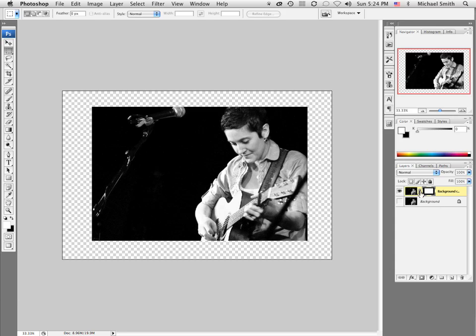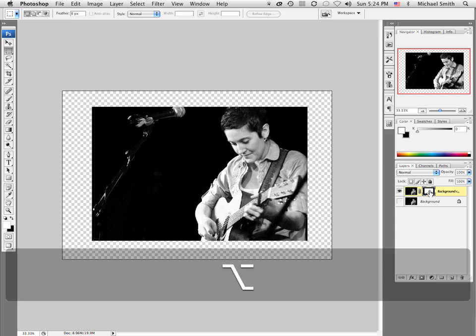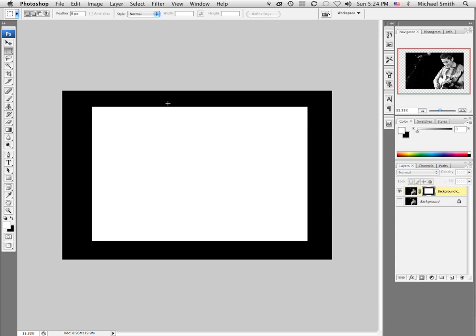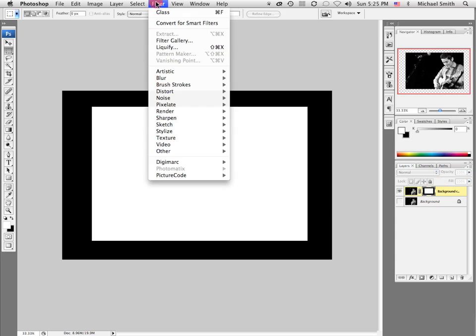Now what I want to do is hold my Option key down and click on the layer mask itself, and that becomes active. So that's what our layer mask looks like. Look carefully. What we're seeing on the big part of the picture is the same as our layer mask. So the first thing I want to do is I think I'll go to Filter,